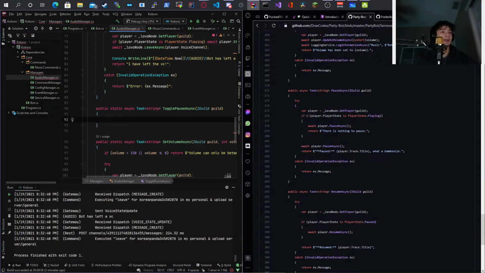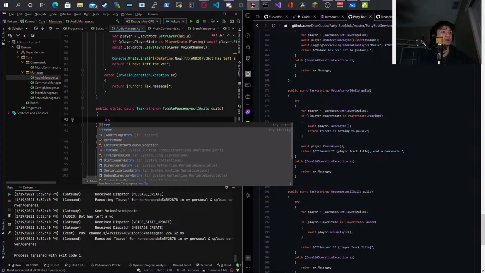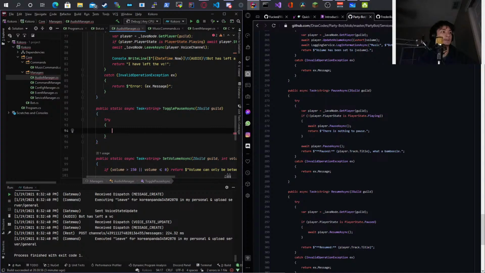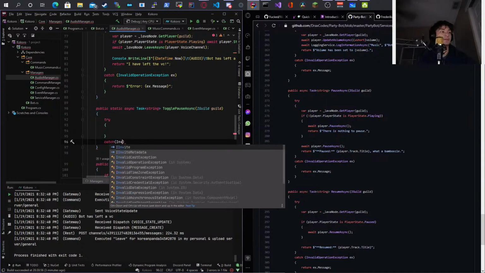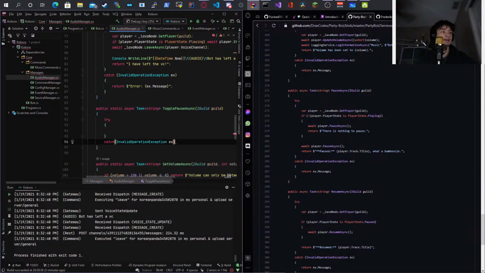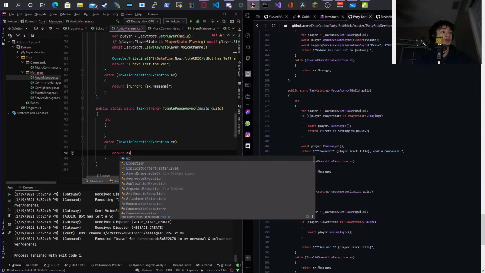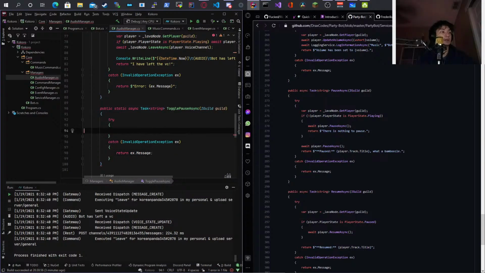Okay. So what I need to do here is a try catch, and this is going to be an InvalidOperationException ex. Okay, and then we're just going to return ex.Message. There we go.